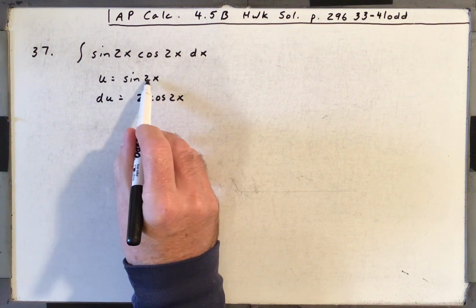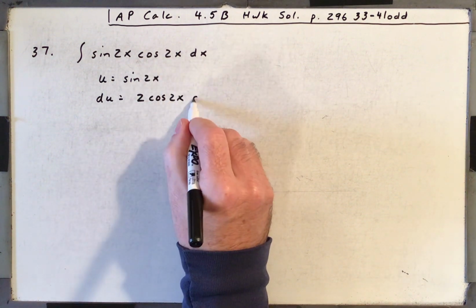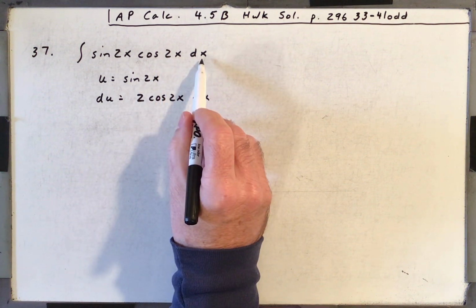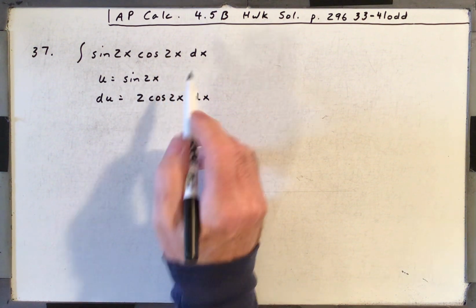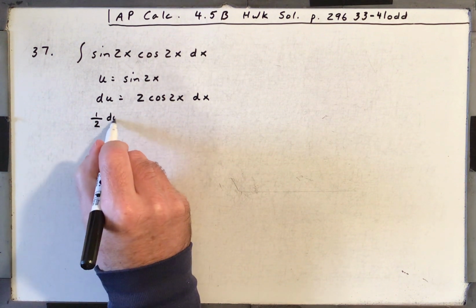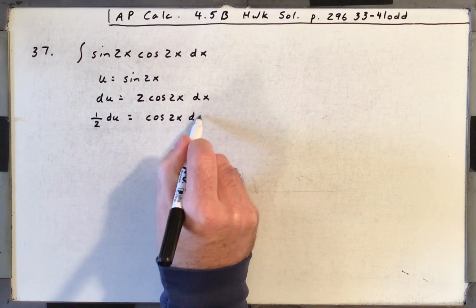Because it'd be cosine 2x times the derivative of the angle, which is 2. Now, I forgot the dx there, I needed it to just be cosine 2x dx. All right? So, if I divide both sides by 2, I'd have 1/2 du is equal to cosine 2x dx,